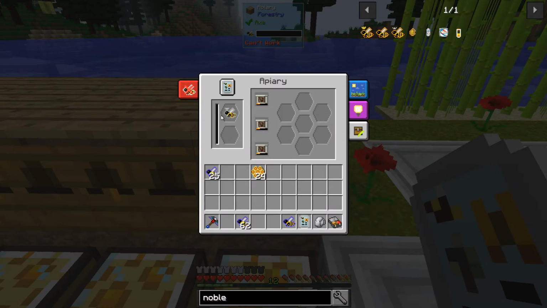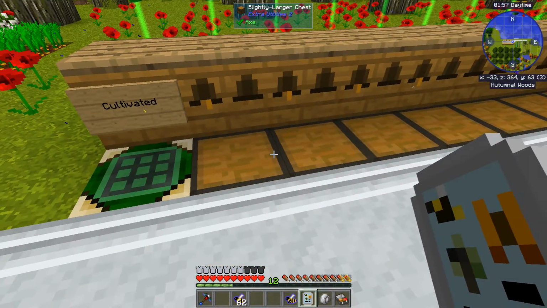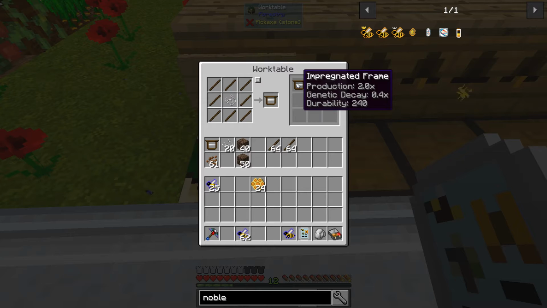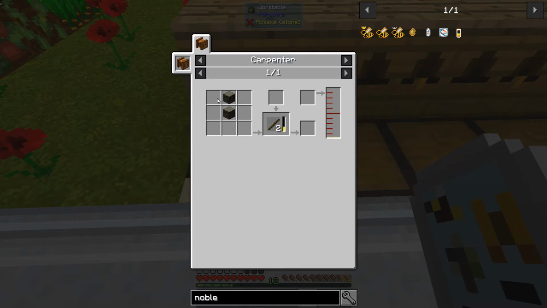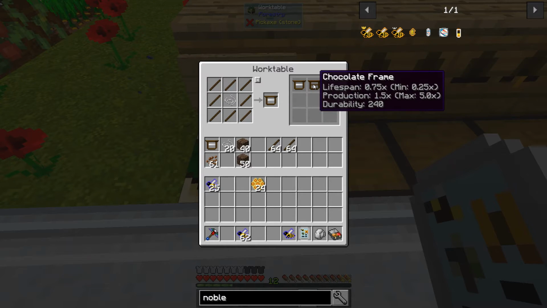All right. So I'm going to take common and cultivated and put it in there. Oh, I'm using sole frames. I'm using 2 different types of frames. So you make the impregnated first as a craft ingredient. Those are impregnated sticks, which are made with a block of wood in a carpenter. It gives you 2 impregnated sticks. I got lots of wood, it's not an issue. Then with this, you can make either a chocolate frame, which is